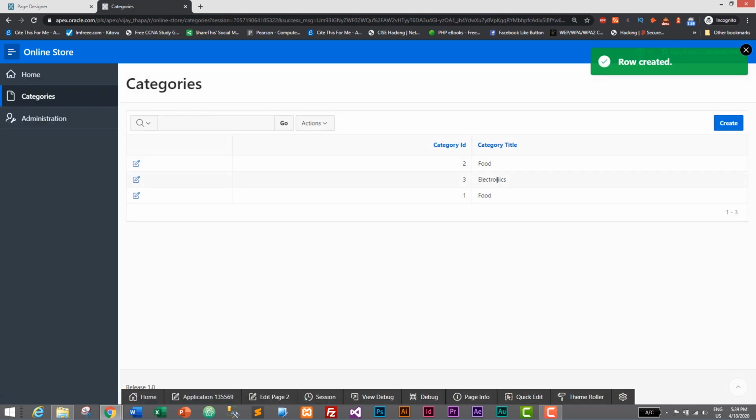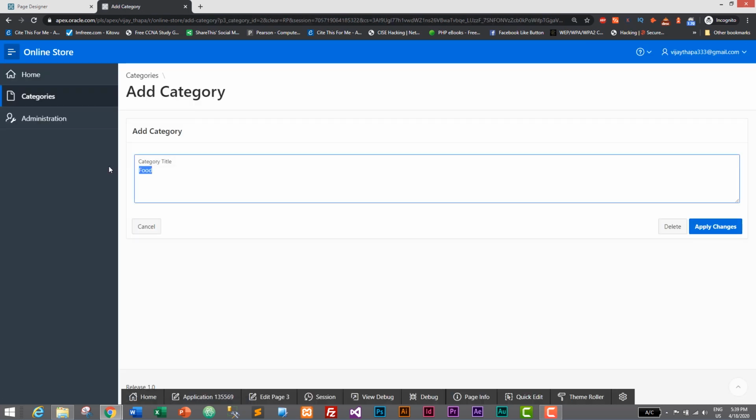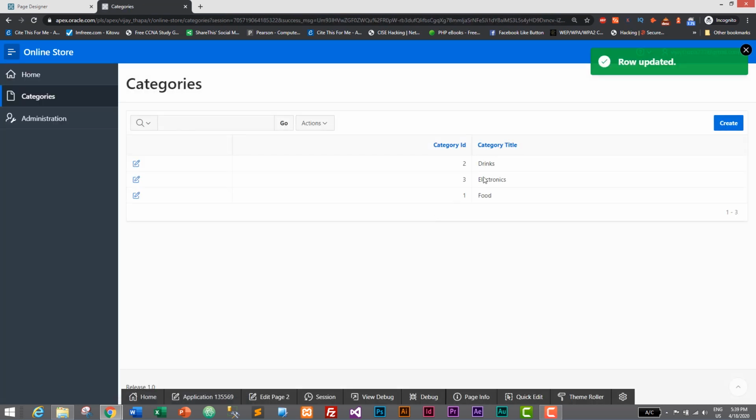And here we have electronics, and this is food. Let's change it. I'll give it drinks, and let's save it, apply changes. So I have updated this as well, and this is the one I added.